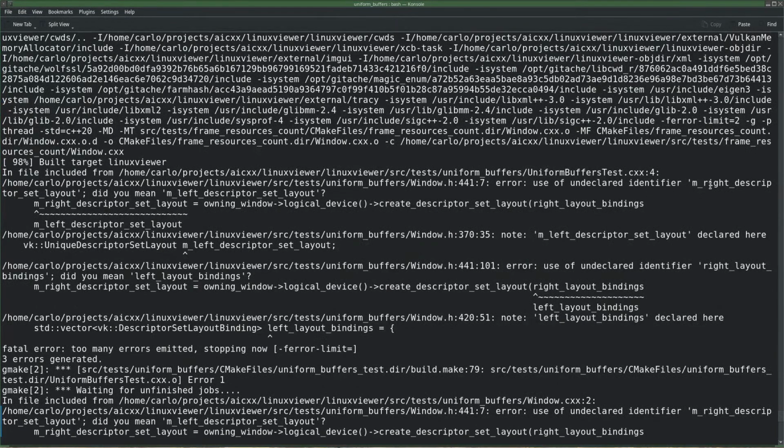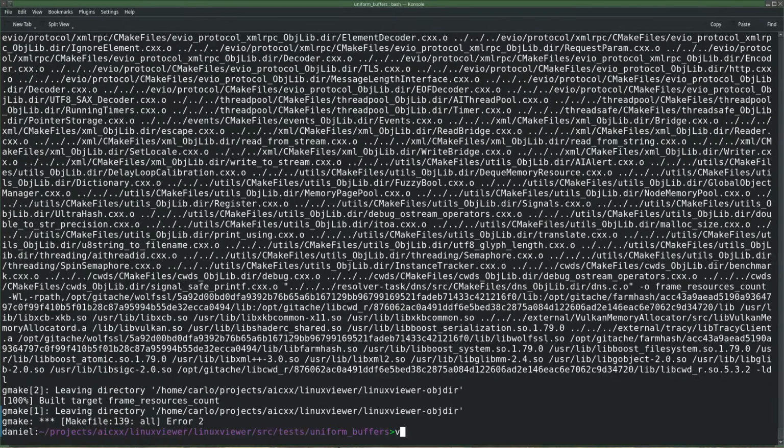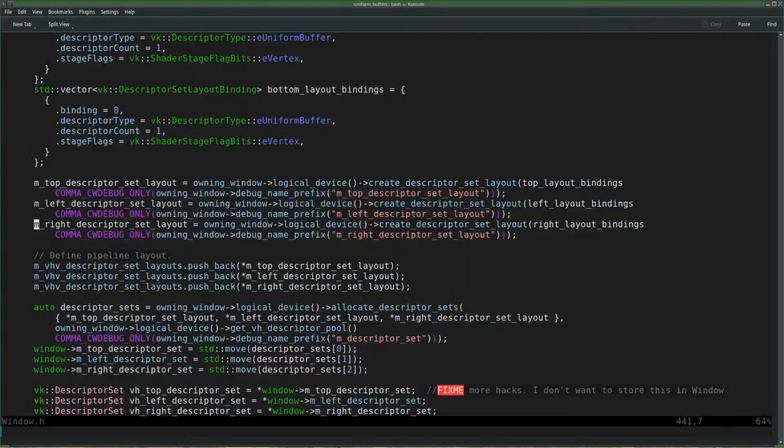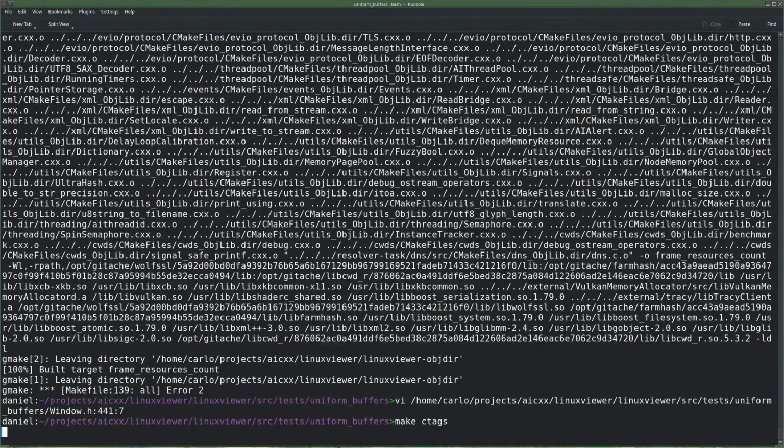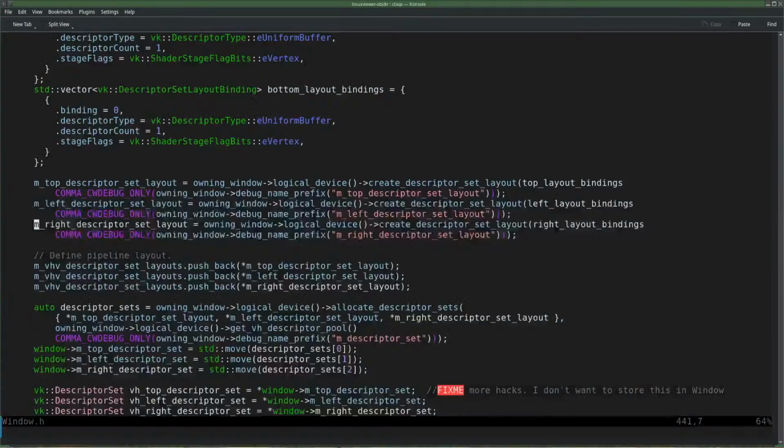Error, use of undeclared identifier mWrite descriptor set layout. Did you mean left? No, I meant right. What is your problem? Well, that's interesting. Let's create ctags again, I mean. You probably heard the typo.